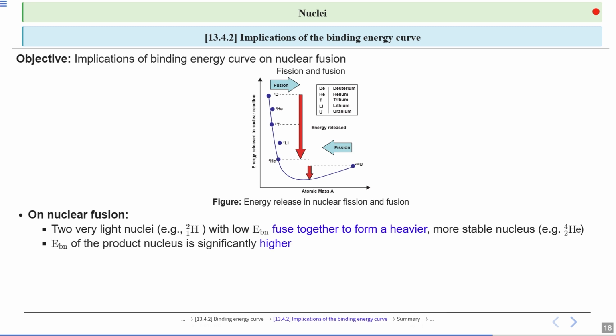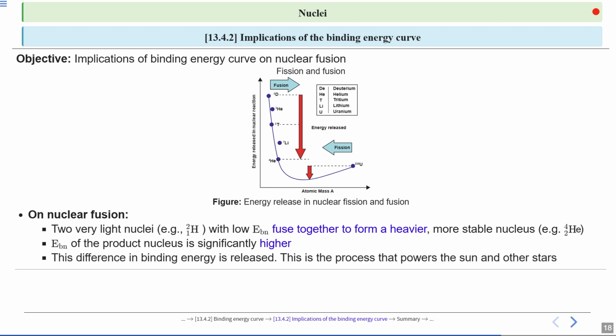So helium-4 is stable, and you can see in the diagram, helium-3 is unstable. During the fusion process of two helium nuclei, the energy released is low, but in the fusion process of two helium-3 nuclei, the energy released is more. The binding energy per nucleon, which we call EBN, of the new heavier nucleus is much higher than that of the original lighter nuclei. EBN is measured in units like megaelectron volts per nucleon. This increase in binding energy per nucleon is what makes fusion such an efficient source of energy.